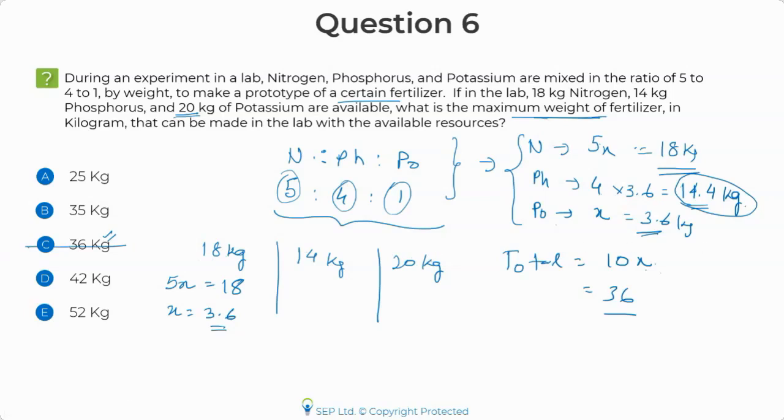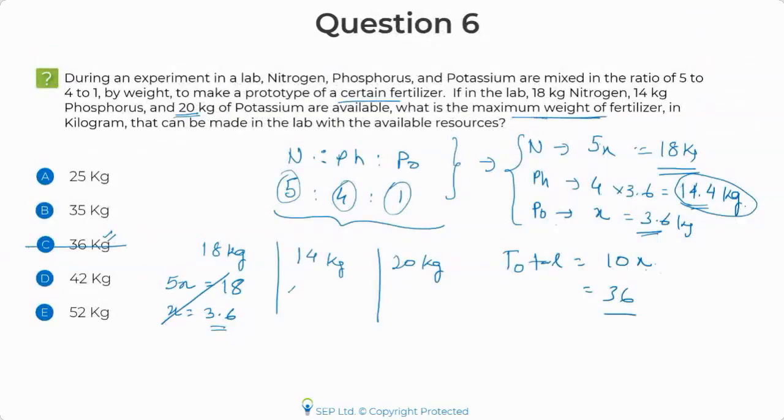So those of you who marked 36 or anything else, is this part clear or not? Why 36 won't be your answer? Please mark yes if this is clear. So if I'm using all of nitrogen, if 5x is 18, then I get x as 3.6. And this tells me that I need 14.4, which I don't have. So that means I cannot use the whole of nitrogen. That's the inference that you should be able to draw.